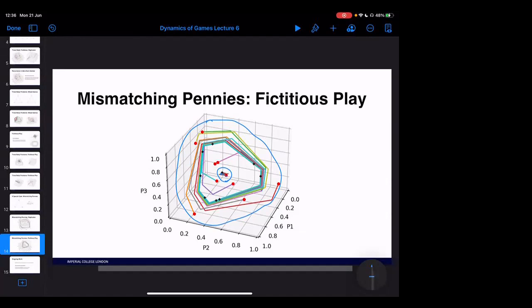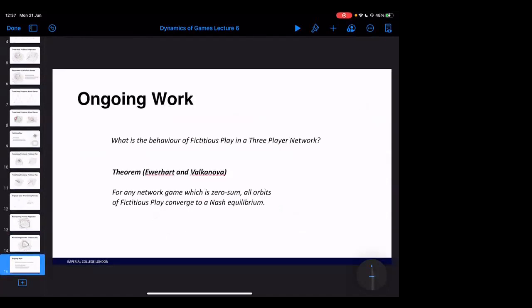Now, with that said, everything that we've looked at regarding fictitious play is completely experimental. The question of the behavior of fictitious play in these sorts of networks, other than the purely zero-sum game, which I mentioned had already been solved in 2020. So this result from 2020 showed that for these zero-sum networks, fictitious play is always going to converge. So we've got that one down. But everything else, every other possible game that isn't necessarily zero-sum, is still very much open for discovery. And hopefully a theory for that can be developed in the coming years.